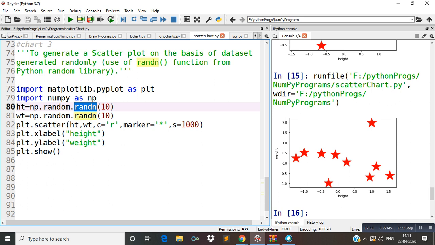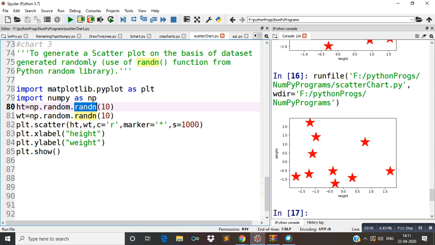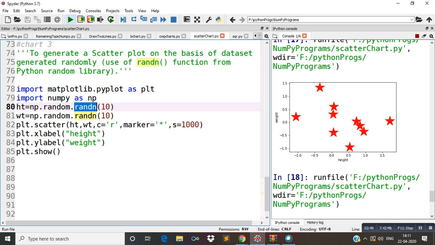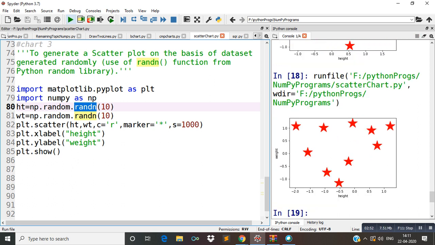So again I execute this program. Try to understand. Now you can see a different output. Again you can see a different output. Again a different output. So from so many outputs you have got what is the meaning of random value, that is some different value. Random is a module, or you can say random library, of np, that is NumPy.